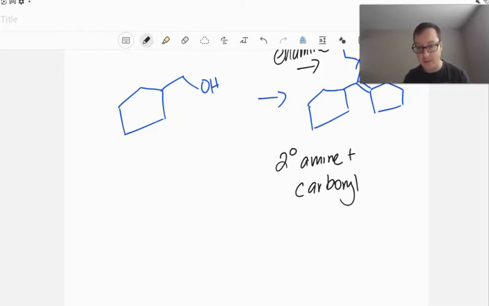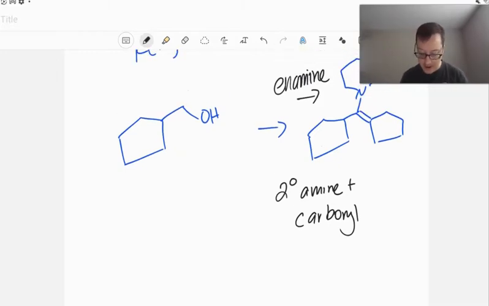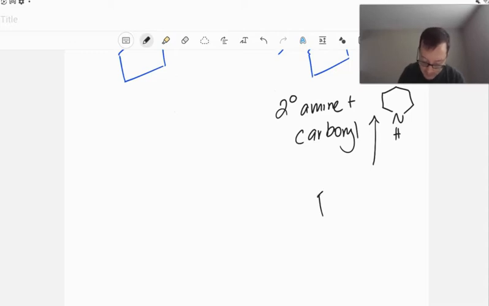So that's how we make enamines. So if we want to think about how this enamine came to be, well, we can see our secondary amine is going to just be this dude, right? It's already secondary. It's got two carbons on it. That's going to be our amine component. And so the rest of the molecule has to be a ketone, right? So we have to have